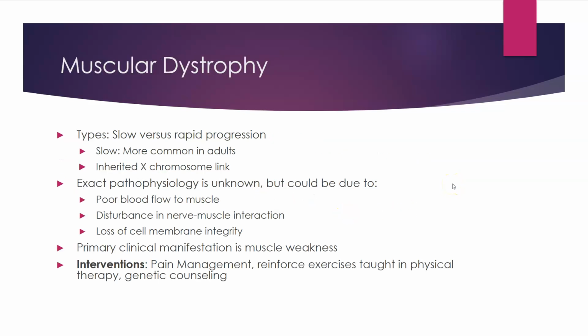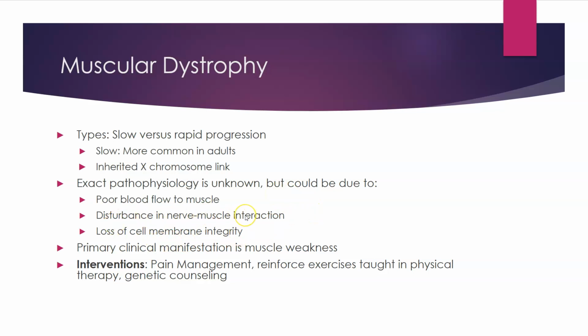Muscular dystrophy, this is a significant issue. There are different types of muscular dystrophies, Duchenne's or different things like that. Realize that slow is more common in the adult world, where fast and rapid onset is going to be more in the pediatric realm. Both of these can be inherited by the X chromosome, so it impacts men more than women. Exact physiology is not known, but it could be related to poor blood flow to the muscle or disturbance